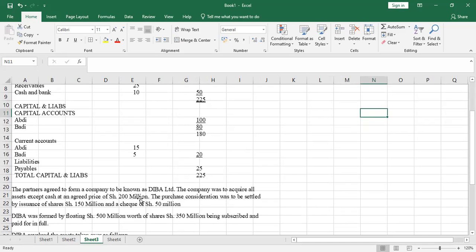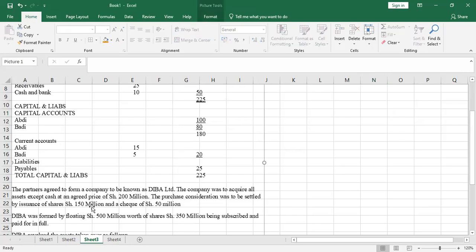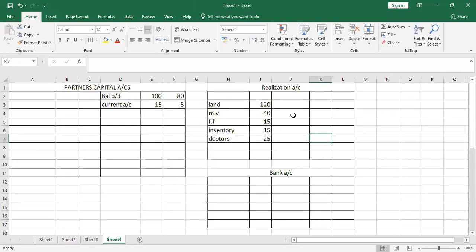Now, these guys, DIBA, are going to acquire all assets except cash at an agreed price of 200. Then the purchase consideration of 200 shall be paid by issuance of shares worth 150 million and a check for 50 million. So let me show you how we are going to deal with this issue of